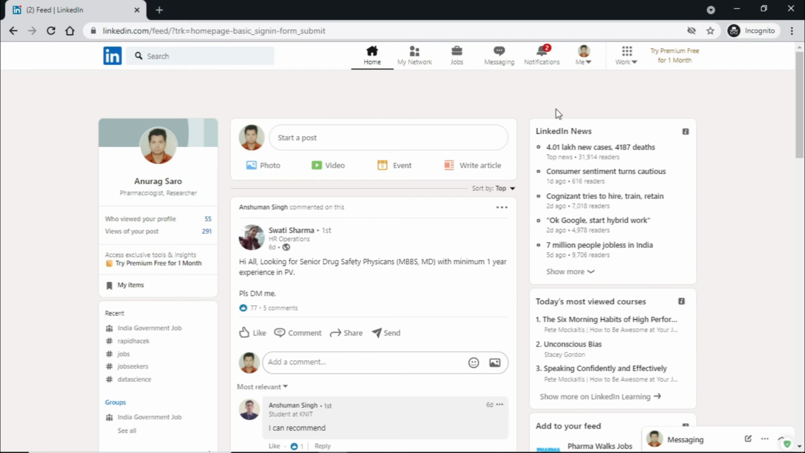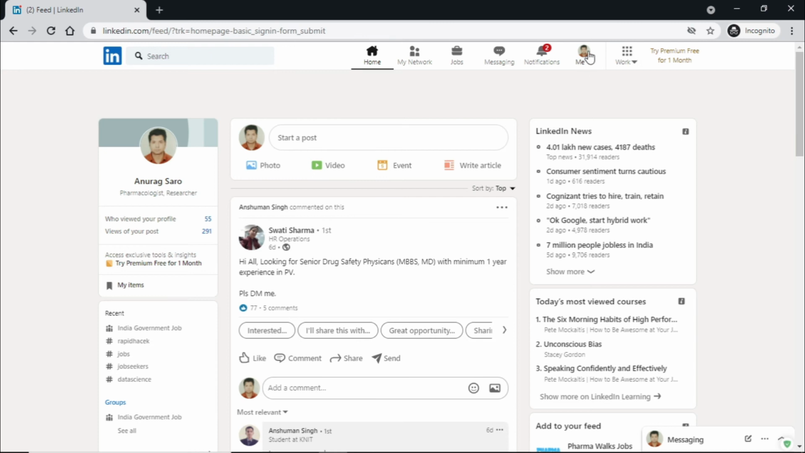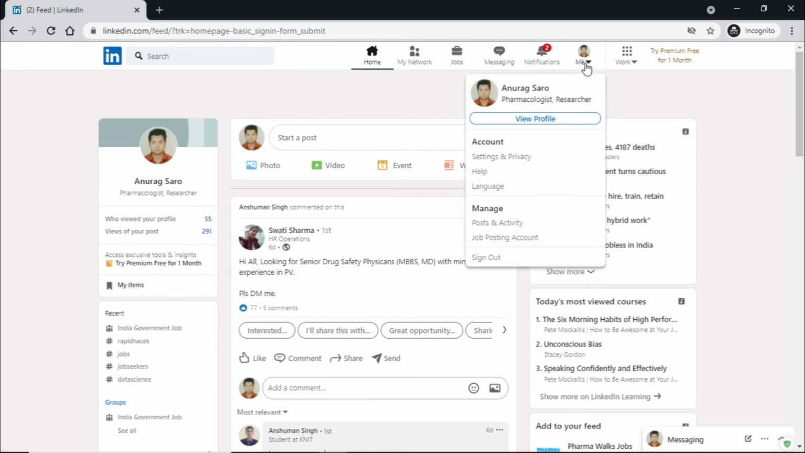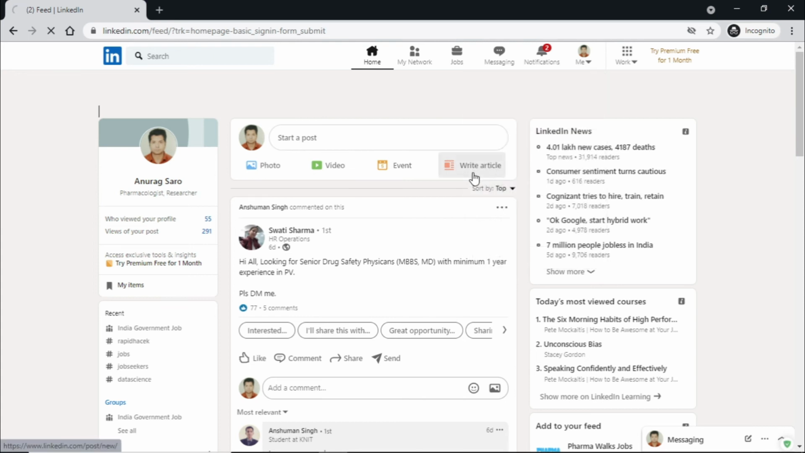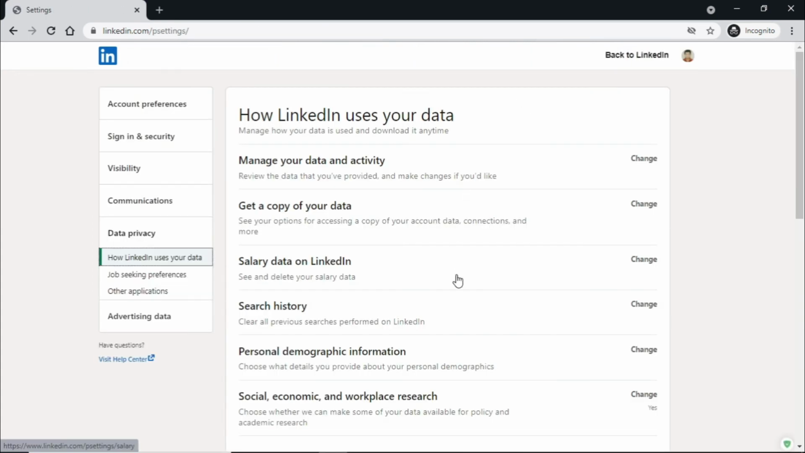So what I'm going to do now to enable the 2FA, just follow the steps. Just click on this Me icon. There is a picture up here and a Me option below over there. Just click on here and go to Settings and Privacy. So once you go over there, a settings page will be up right in front of you, which